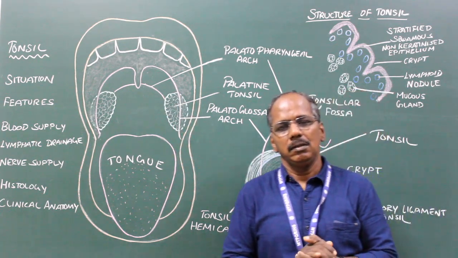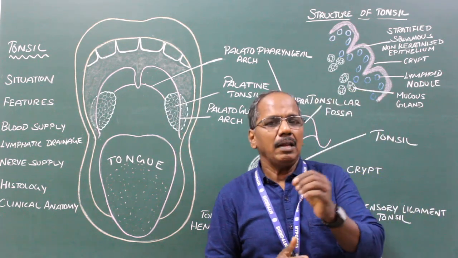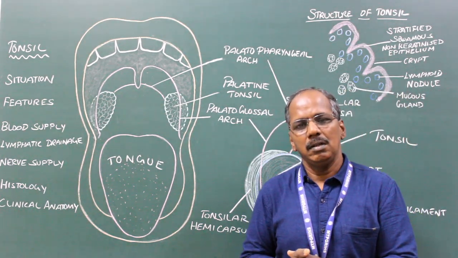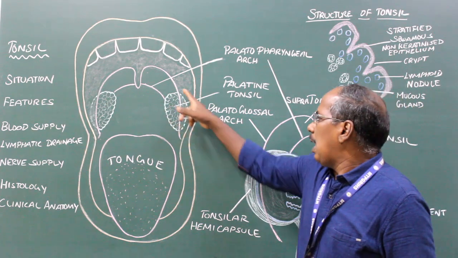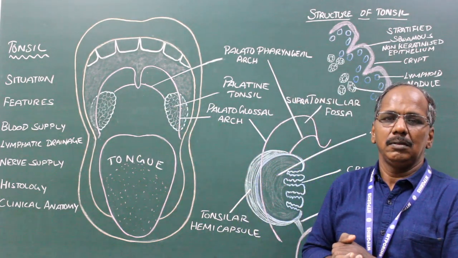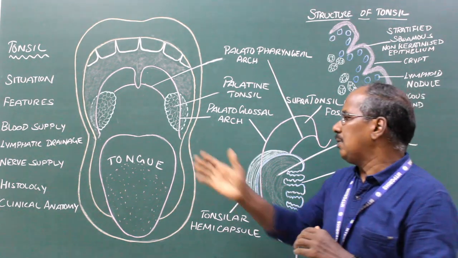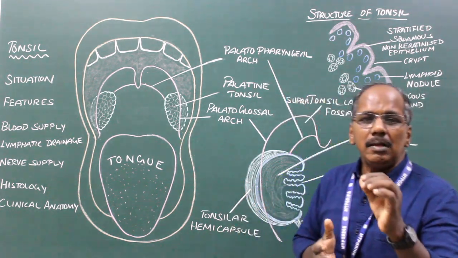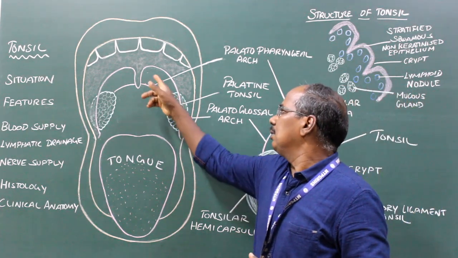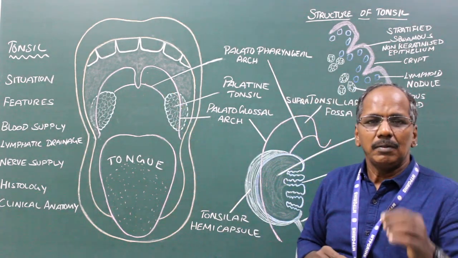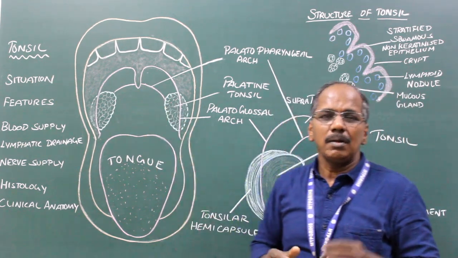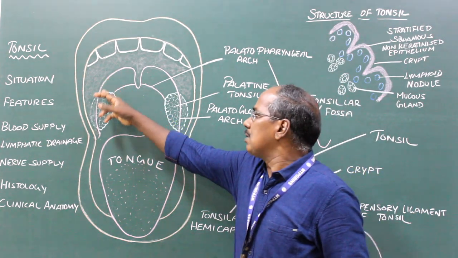Tonsil. The palatine tonsil, commonly called tonsil, is an almond-shaped mass of lymphoid tissue. Situation: it is situated in the tonsillar fossa, which is present in the lateral wall of the oropharynx between the palatoglossal